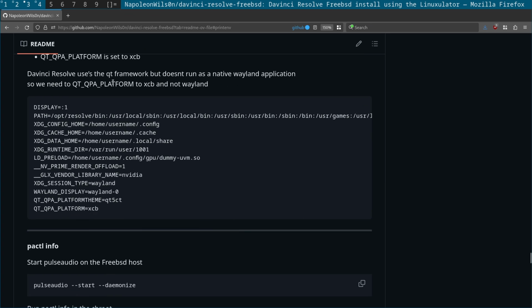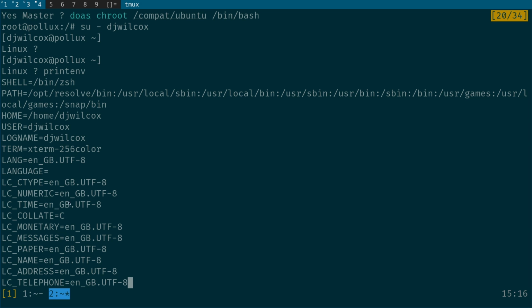DaVinci Resolve uses the Qt framework but doesn't run as a native Wayland application, so we need to set the Qt QPA platform to XCB and not Wayland. So these are the things we need to check: display, path, the XDG directories, LD preload, the Nvidia fixes, and the QPA platform. So come across here to the output of the printenv command in the chroot, and you'll see